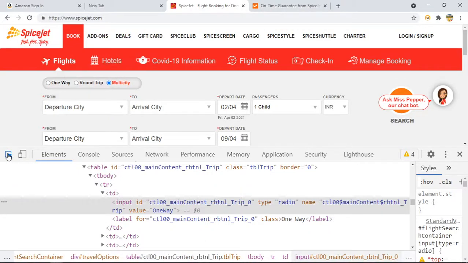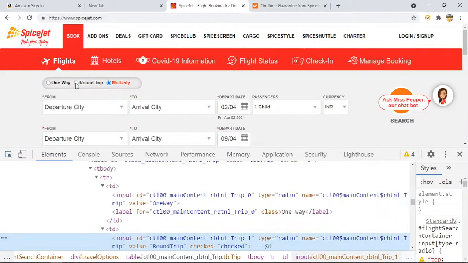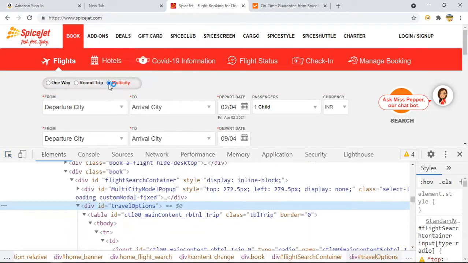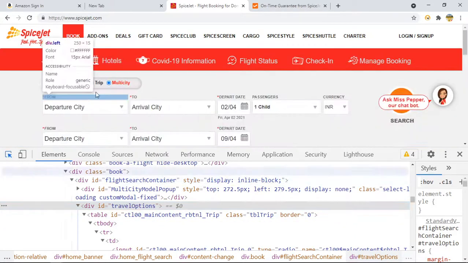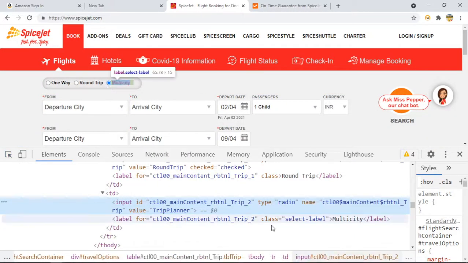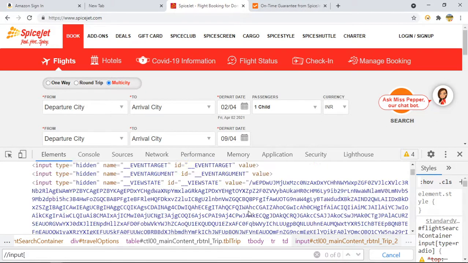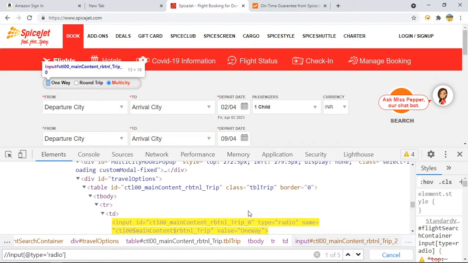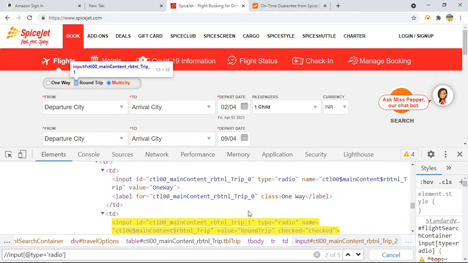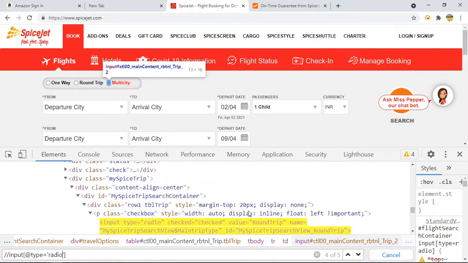For each and every radio button on the web page, they define type equals to radio. So if I write one XPath or CSS, input type equals to radio, let us see how many elements. So total 5.